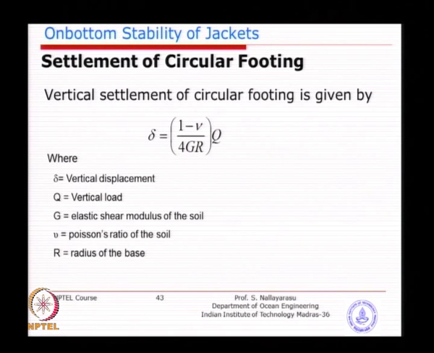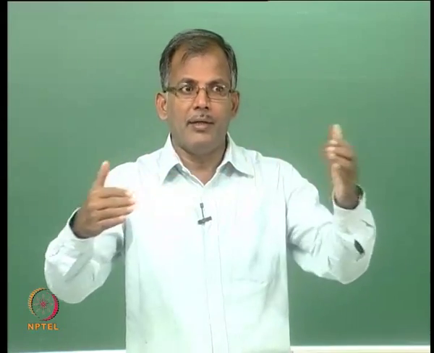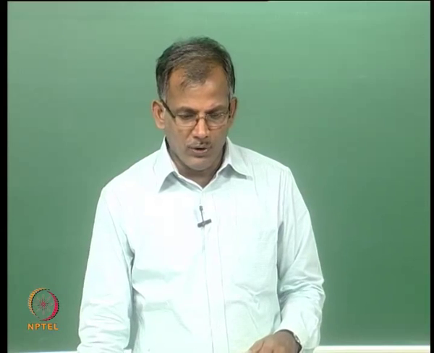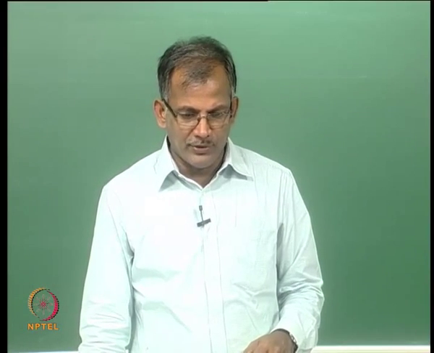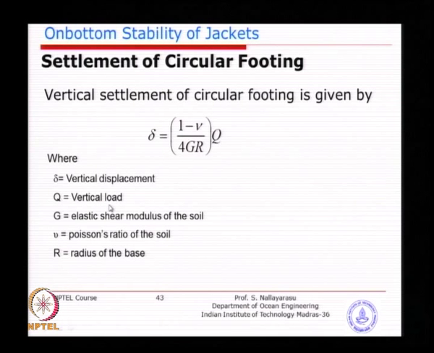It can be triangular or rectangular or other odd shapes. In some cases, the mud mat will not be rectangular, it could be combining the skirt sleeve. I think I have shown you some pictures showing the main leg combined with the skirt sleeve, which will not be of any particular shape. So, you can convert that into an equivalent circular base and then use it in this formula, which will produce a similar result. In fact, you can derive this from here or vice versa, and G is the elastic shear modulus and Q is the total vertical load, not the unit pressure, and then the vertical displacement can also be calculated.